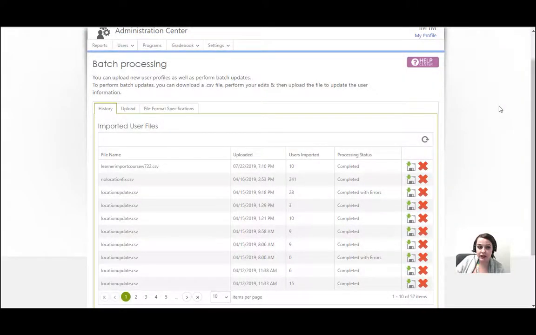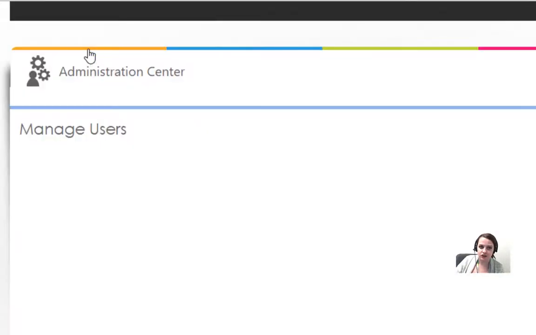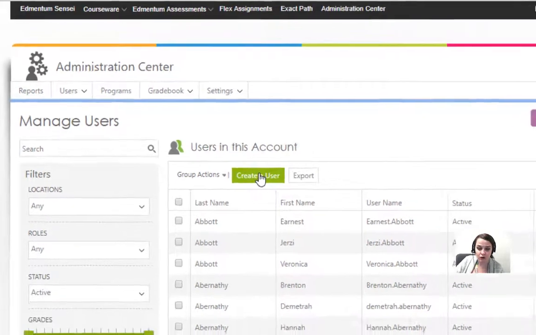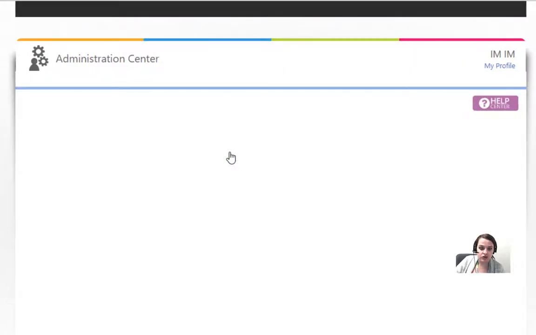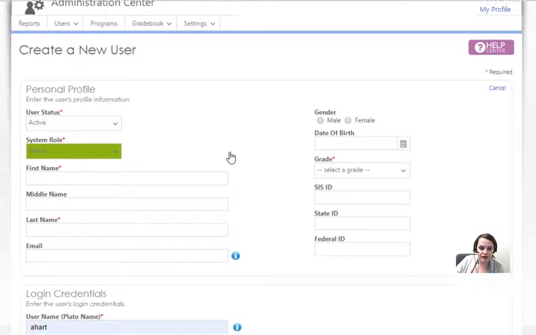So before we leave managing users, I want to come up to users and go to manage users, and let's just take a look at what we can do. First off, we can create a single user here. You can just click create user, fill all this in,